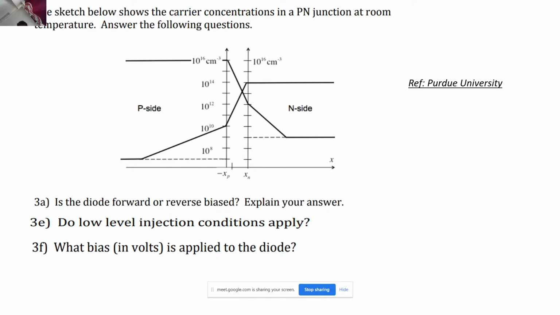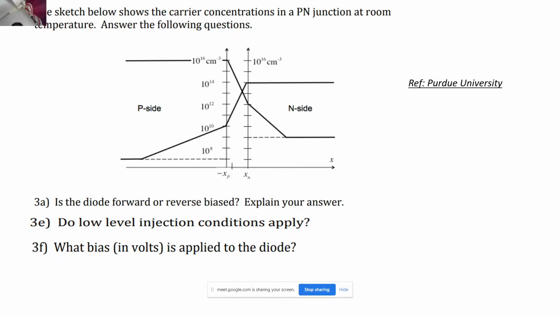Gradient profile where exactly? In the depletion region or after the depletion region? In the depletion region, sir. Okay, so are you saying that when the diode is not biased, the gradient profile will not exist over there? Sorry, sir, it is not actually. It is the low level minority carrier injection. Yeah, correct, low level minority carrier injection is there. So how are you determining whether this is biased or not?